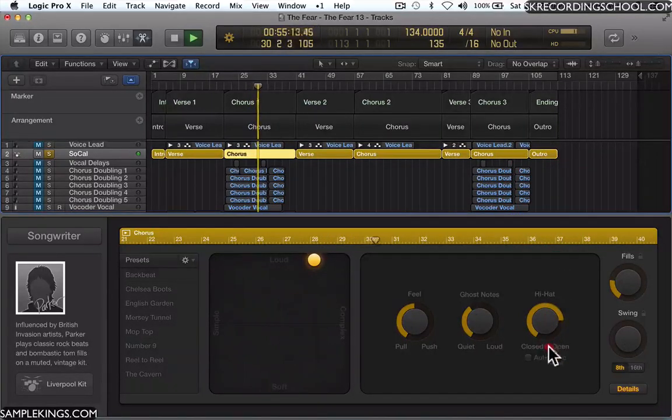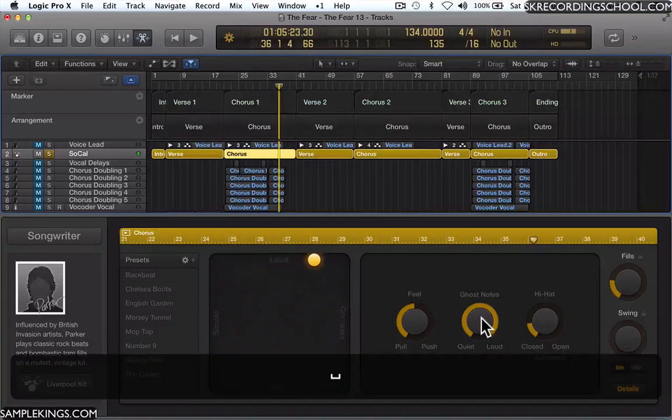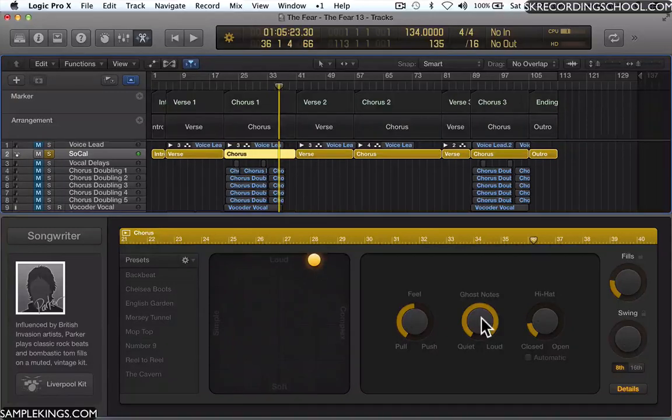Hear it? Now you can hear it there. Now I'll bring it down some more. How about the ghost notes? Stop it. So we can add these flavors within the track to give it more of that feel like a